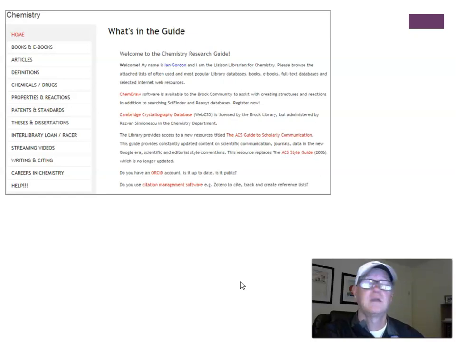articles, which we'll look at. Definitions, meaning encyclopedias, dictionaries, handbooks. Chemicals and drugs, meaning how to find and identify and verify these sorts of things. Properties and reactions, again, this is a chemistry guide. Patents and standards are an important, great type of literature you'll learn, just as theses and dissertations, meaning master's theses